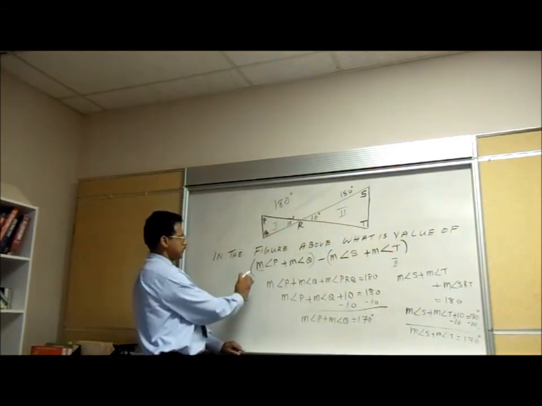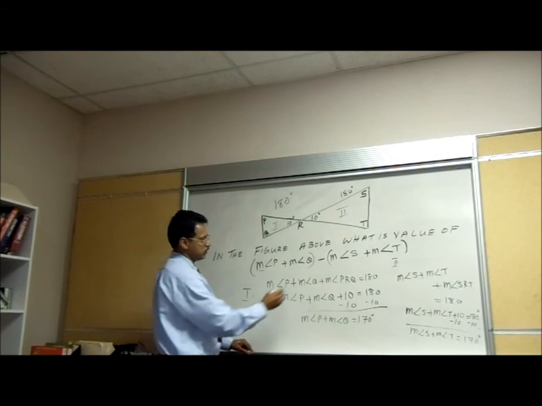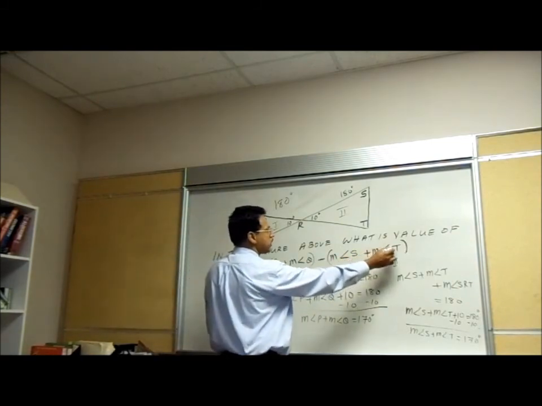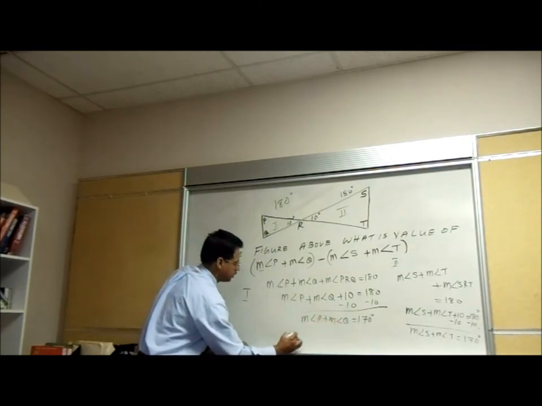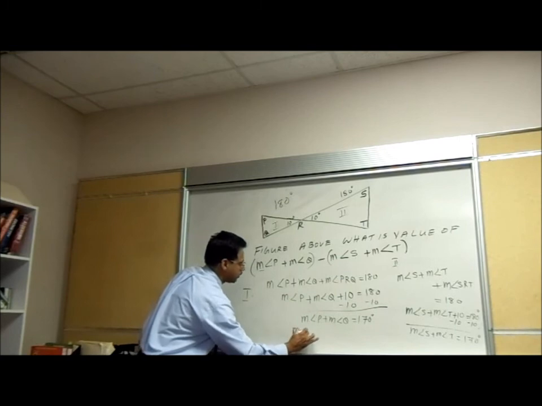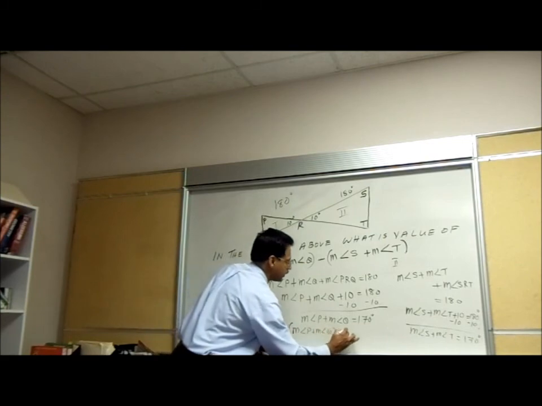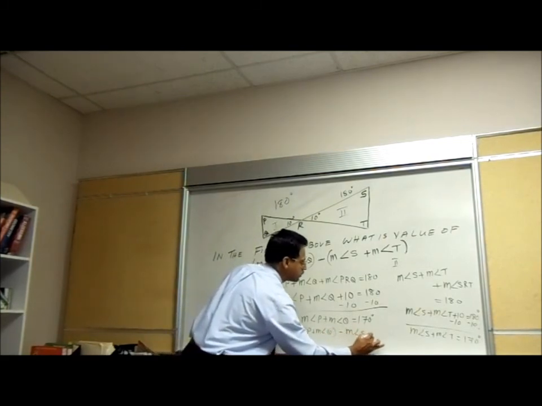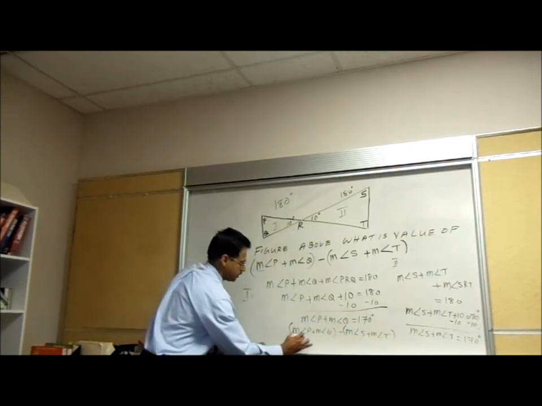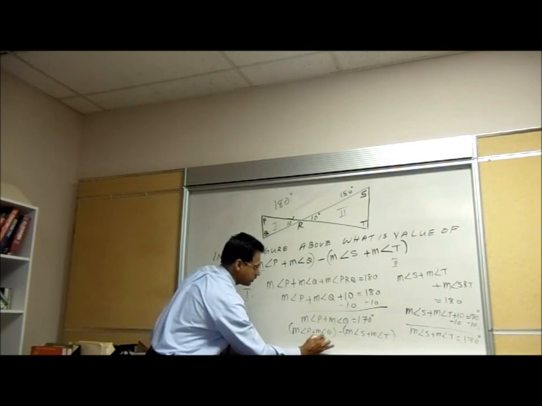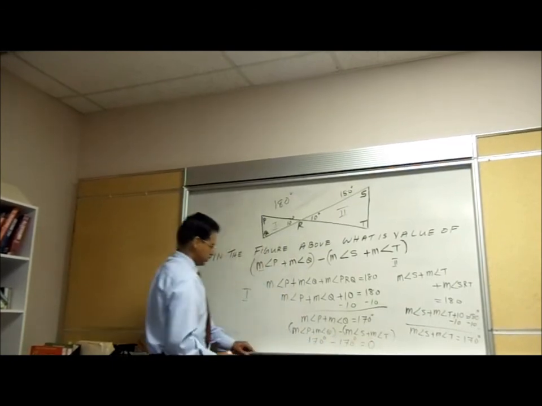So they're asking for the measure of angle P plus the measure of angle Q, that's in parentheses, minus the measure of angle S plus the measure of angle T, that's also in parentheses. Since we have this, let me write one more time. Measure of angle P plus measure of angle Q, that's what they're asking for, minus measure of angle S plus measure of angle T. So this we already got: 170 degrees minus 170 degrees. That gives 0. So the answer is